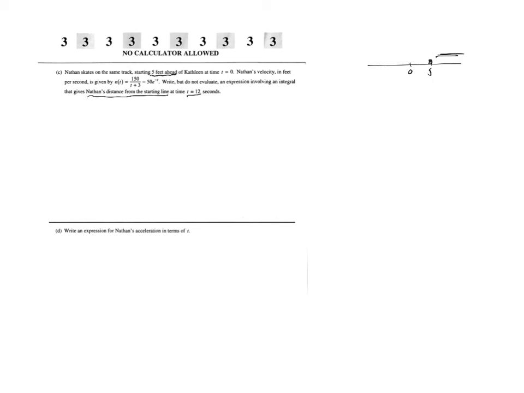So his position, or his distance, maybe we could call it d of t, for Nathan's distance from the starting line, is basically going to be the integral of the velocity function. It's going to tell you net distance changed over that time. And notice they say write an expression involving an integral. But we don't want to lose the fact that he starts at 5 feet. So he's starting at 5 feet, and then we're going to add whatever change in position occurs over that time, which would be the integral from 0 to 12, because there's 12 seconds involved, of his velocity function,